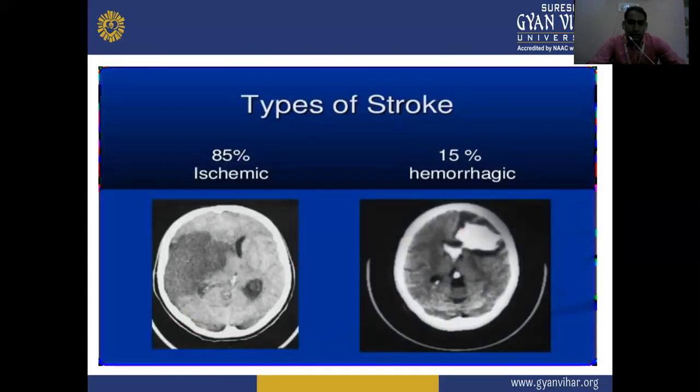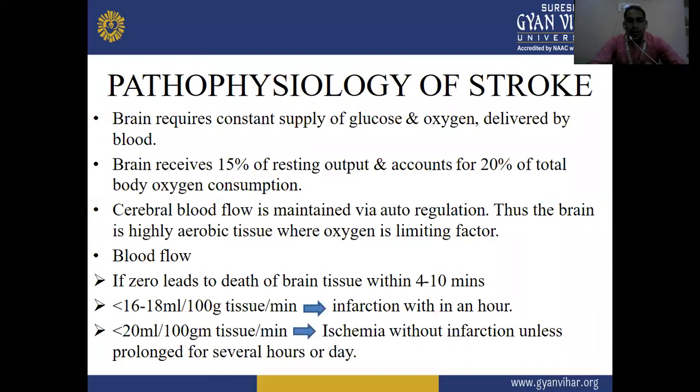Types of stroke. 85% of stroke is ischemic stroke, and 15% is hemorrhagic stroke. Pathophysiology of ischemic stroke. The brain requires